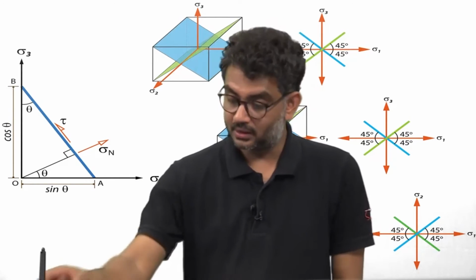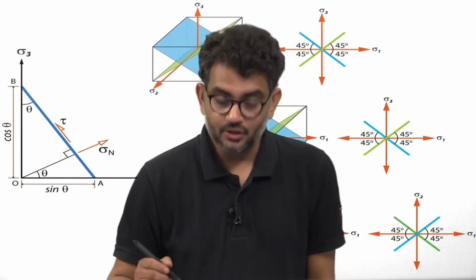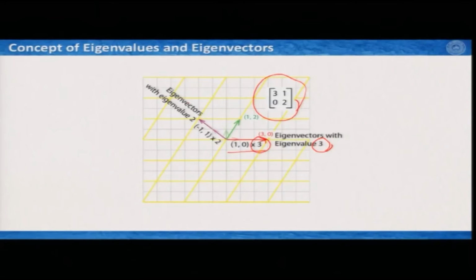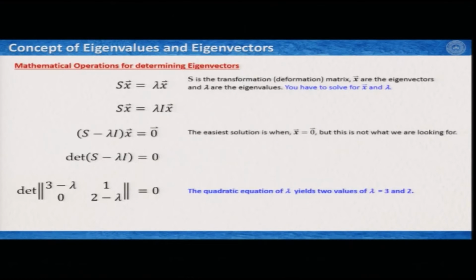But before that, this is how we have understood it geometrically, that the red and purple, these two are my eigenvectors with some eigenvalues, but how do we calculate them mathematically? Now eigenvalues and eigenvectors are defined in this way. So if S is a transformation matrix,